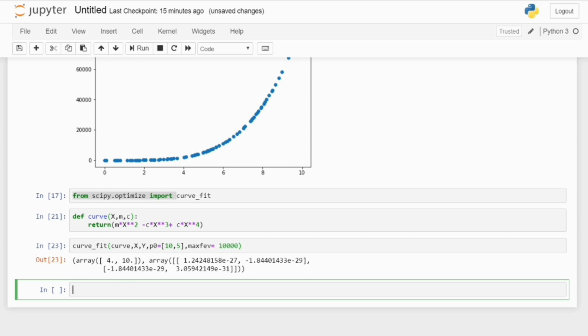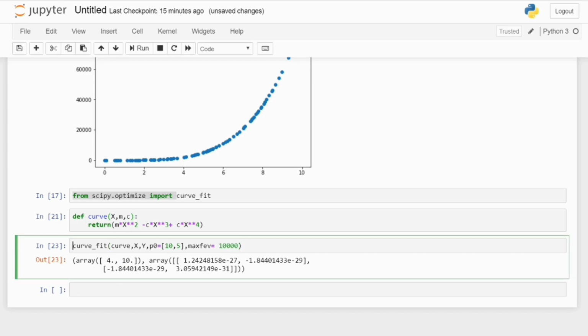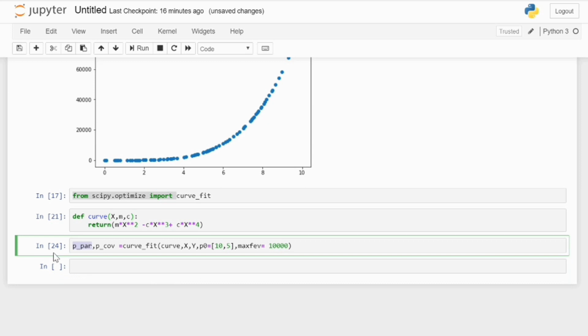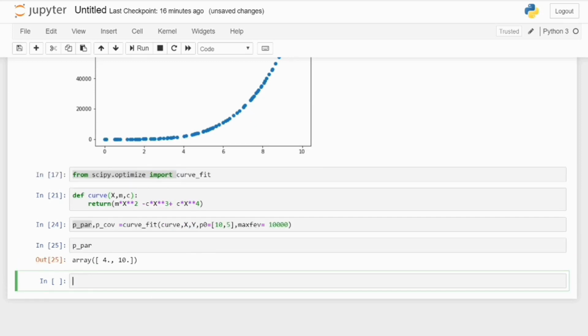So what I will do over here is save this curve fit output into two variables. I'll say p of parameter comma p of covariance is equal to curve fit. This p of parameter will contain your values of m and c, which are 4 and 10, what you got after fitting the curve. For generating my y values, I will do y is equal to curve, and I will give x over here, comma, this m which is 4, and the c which is 10.